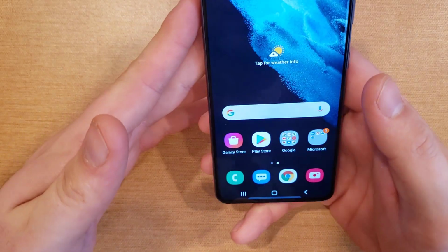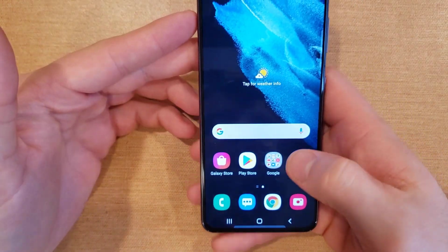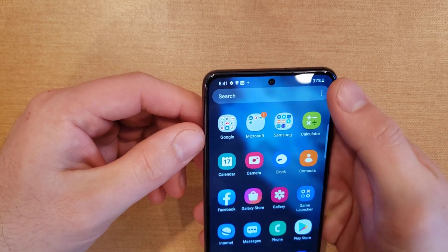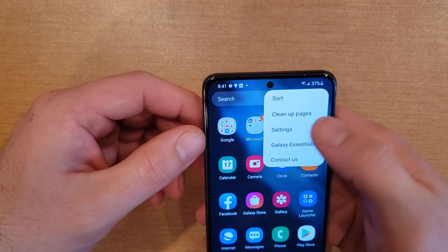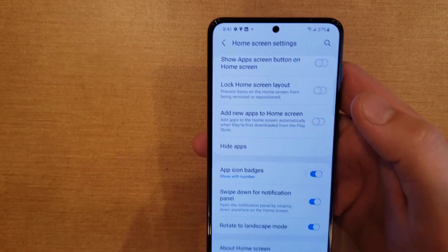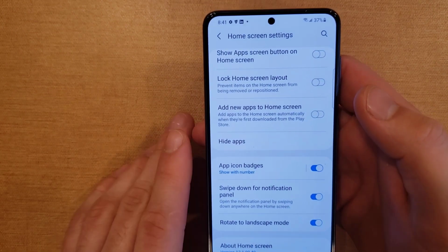And let's say for whatever reason you have it on and it just annoys you, you want to get rid of it. So what we're going to want to do is the same way as we got in, is just swipe up, go where your apps are at, hit the three buttons and go into settings. Once we are in settings, go ahead, scroll down and look for the rotate to landscape mode, and just make